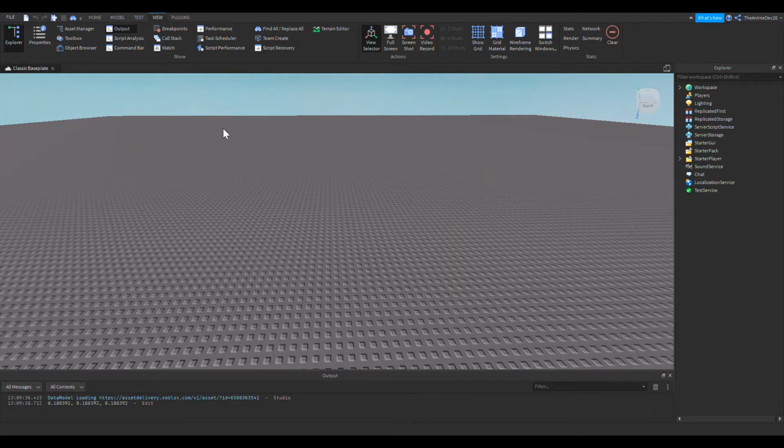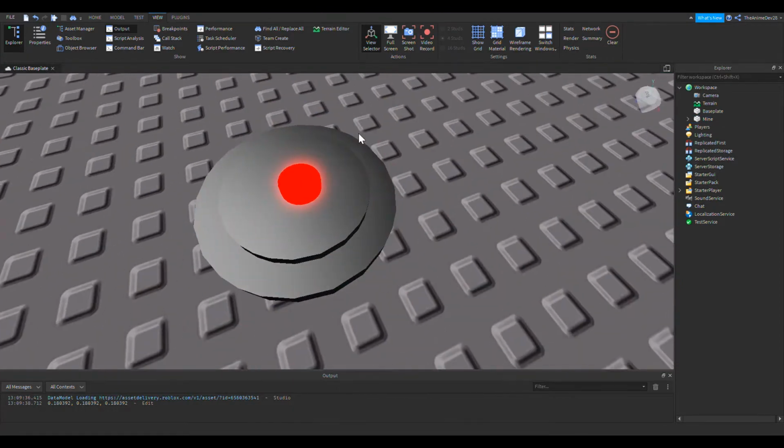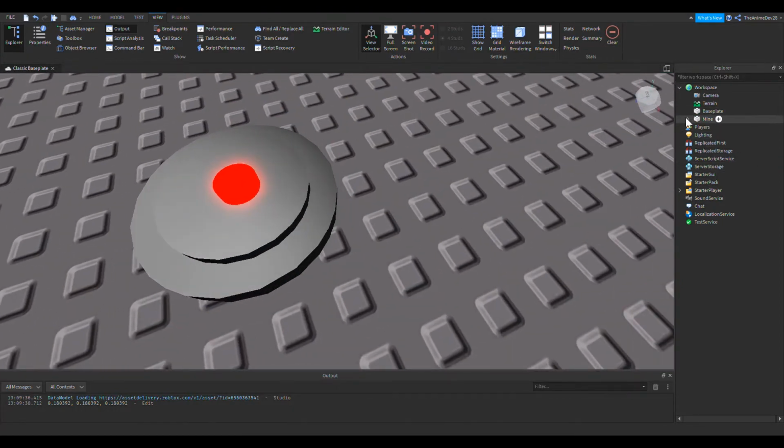So the first thing that I'm actually going to do is get the mine instance. I'm just going to grab it from the example I showed you. I might make it like a little package so you could just grab it, or you can make one yourself. It's actually pretty easy. All I did was add some cylinders. As you can see, this is all the mine is, and a very off-center red cylinder in the middle. It's just a bunch of parts. There are no scripts in it, just a few welds.